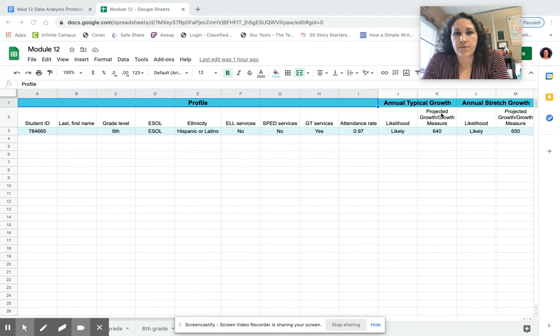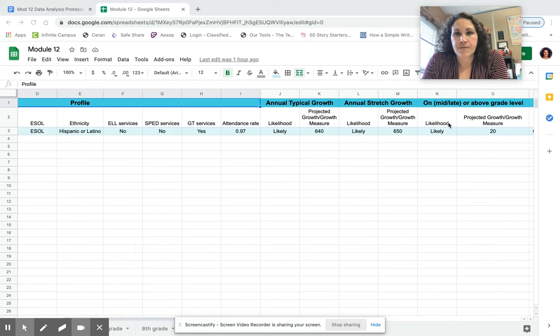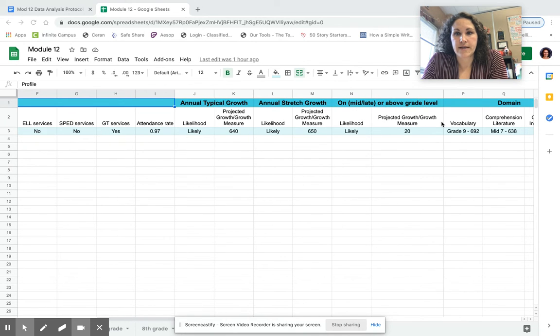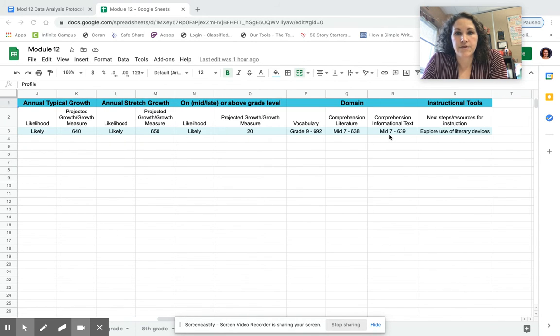Here we have annual typical growth, and it comes down to not yet, somewhat likely, and likely. And I just have a student example here, the projected growth and growth measure, and then it goes into the annual stretch growth, on or above grade level, and then the domain. So right now I'm focusing on iReady reading, but we would do this for math as well, for 6th, 7th, and 8th grade. For reading, we have vocabulary, comprehension literature, comprehension informational text, and it will tell you their scores,